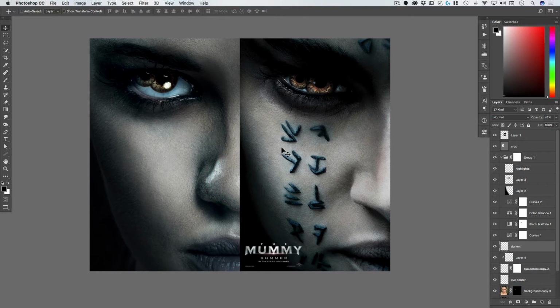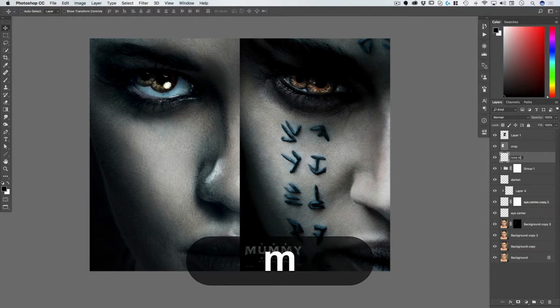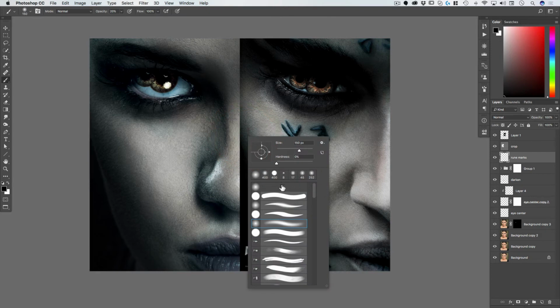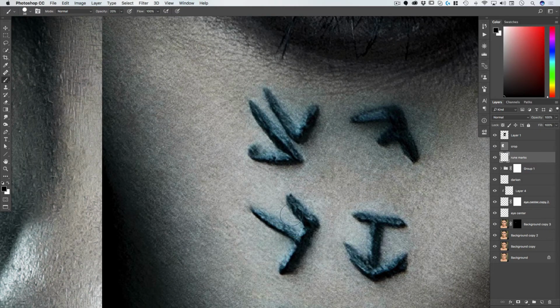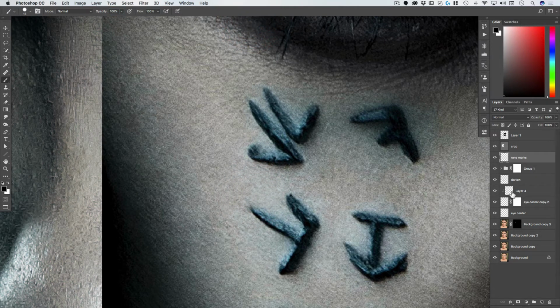Now, rather than copying these, I'm going to go ahead and make my own. So let's add another layer here, and let's call these rune marks, and go on a brush, and in this case I want this brush here. Let's make it about the width of these so we can do that interactively, probably a little more easily. So let's just take it down. There you go. Let's take the opacity on our brush to 100,